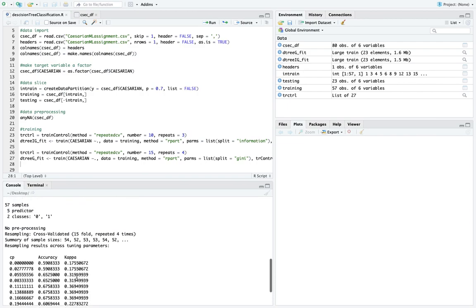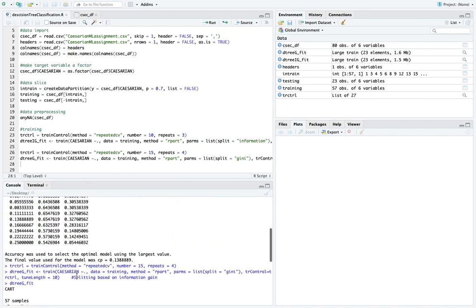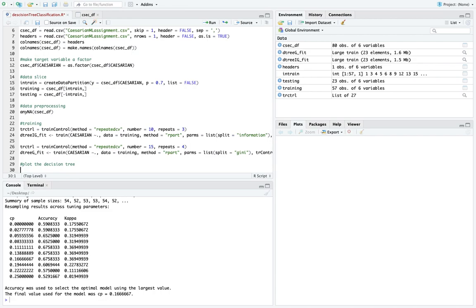Okay, a little bit different. We'll basically predict the accuracy on the testing set, so let's leave that for later. Let's plot our decision tree. Let's see how it looks. Plot the decision tree. Okay,